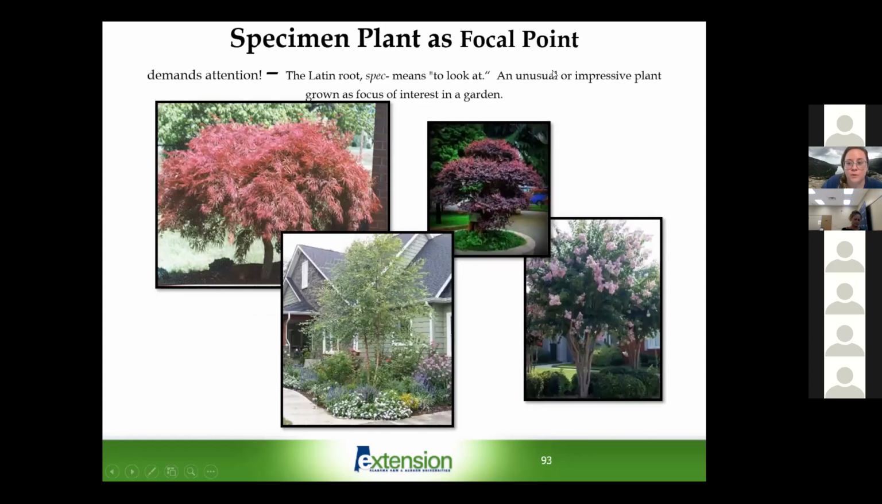The first thing we're going to talk about are focal points, or specimen plants. These plants demand attention. The Latin root for those, to look at. It's something to look at, is where our eye is going to go. Usually it's something unique. And for the most part, when we look at a focal plant, there's just going to be one